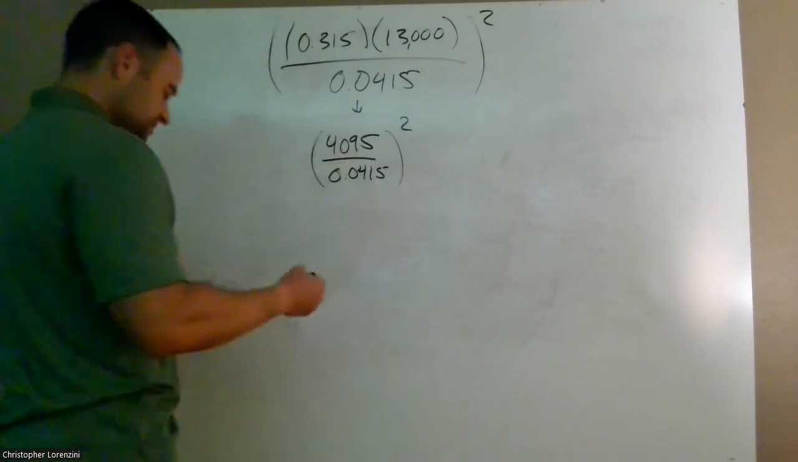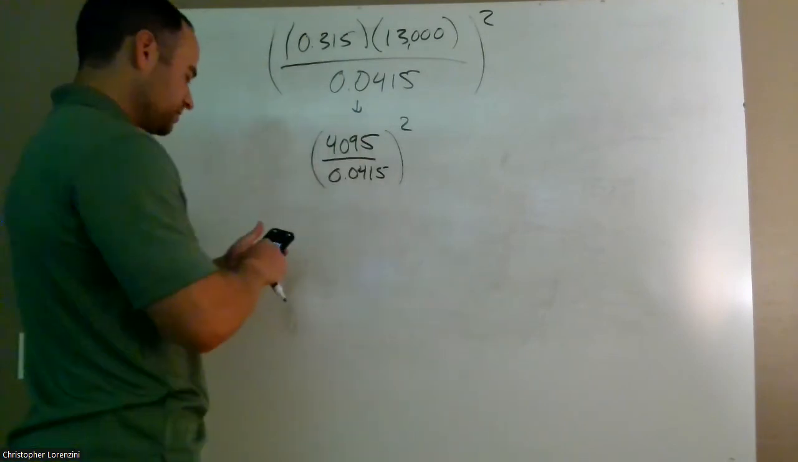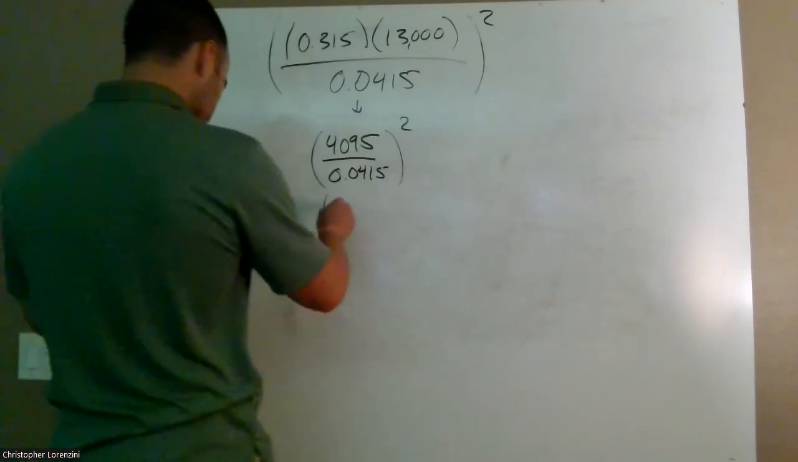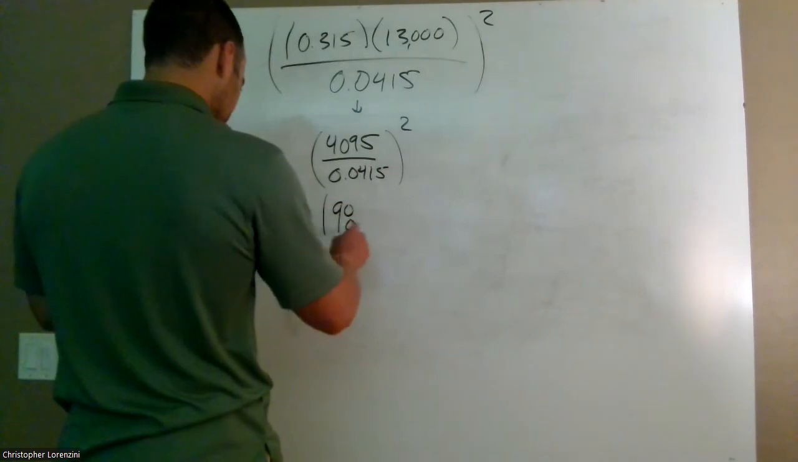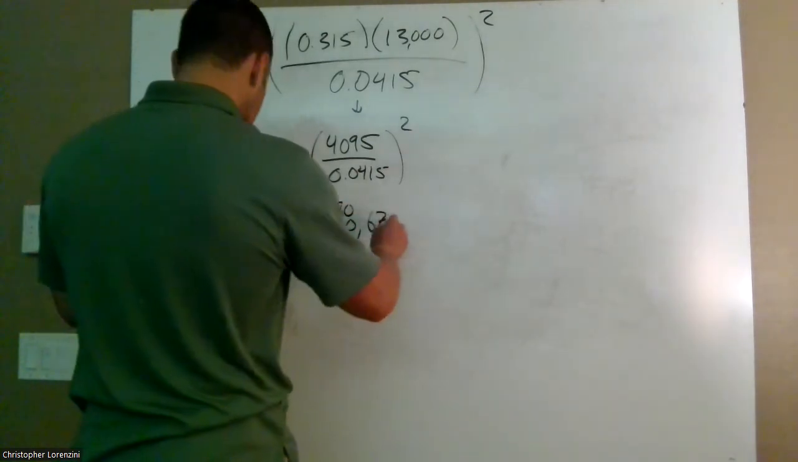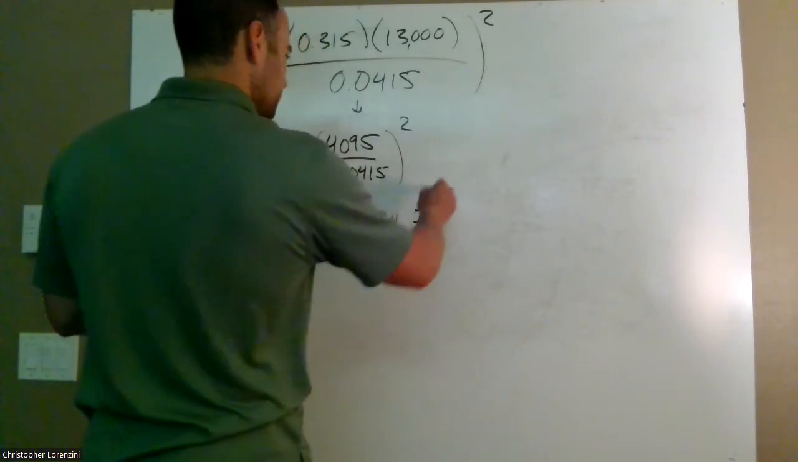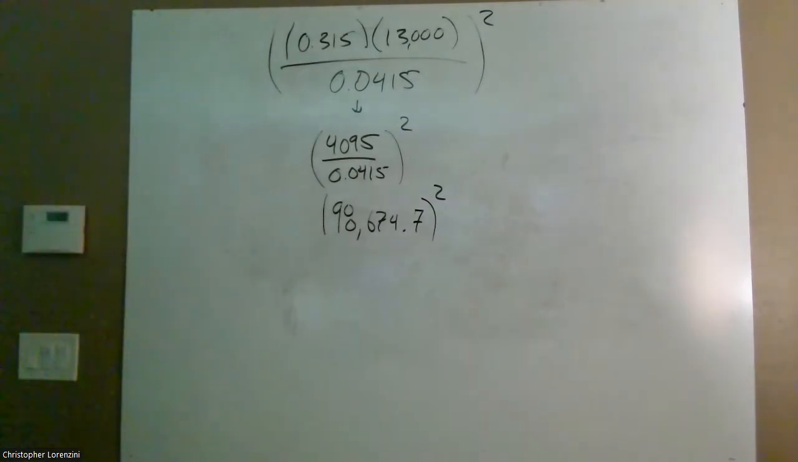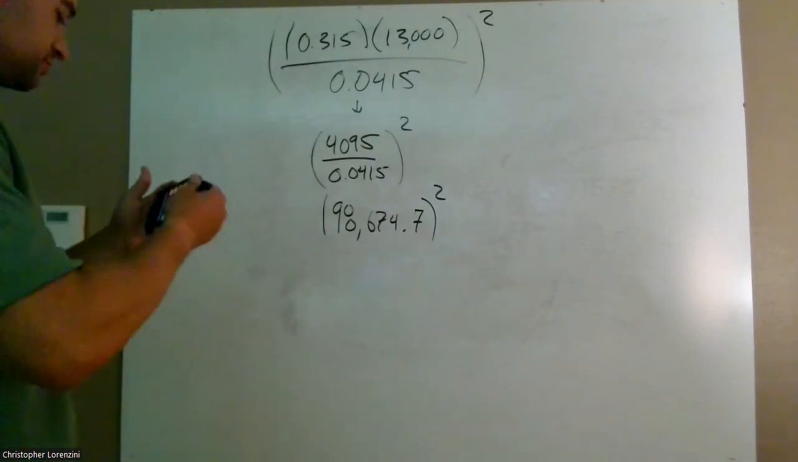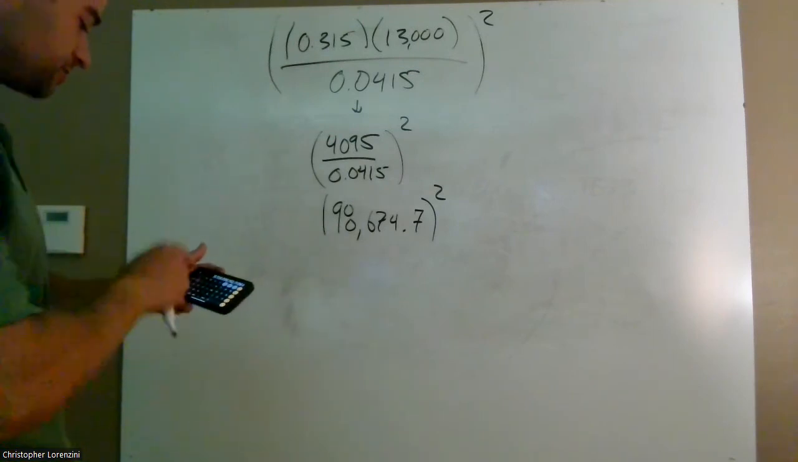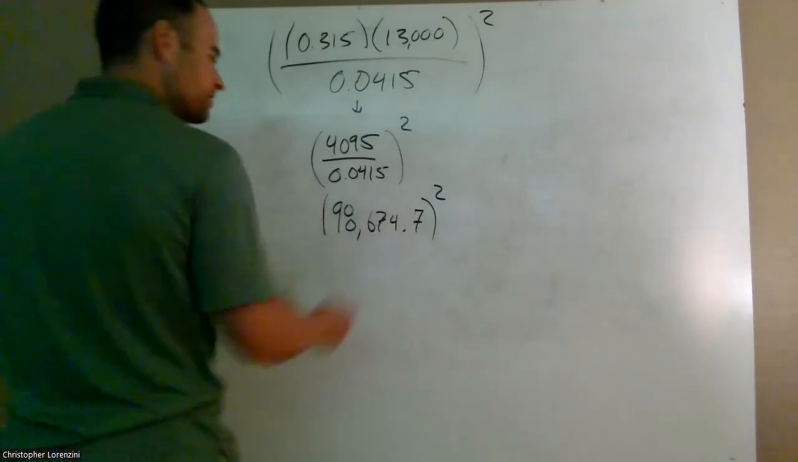Then I'm going to continue to do what's in the parentheses. I'm going to divide those two numbers. So now I've divided these two numbers, and I got 98,674 point. We're just going to round this to 7 to keep things simple for now. Don't round until the end. That's the rule there. So I have that right there. And then the last step will be to square it. Now I'm going to square this, but I'm not rounding in my calculator, so don't worry. And so when I square this quantity,